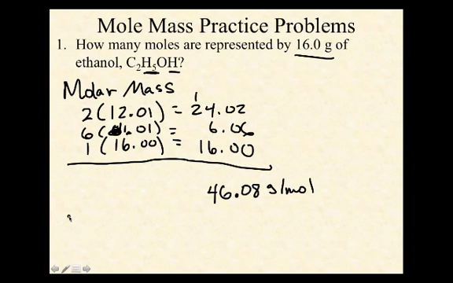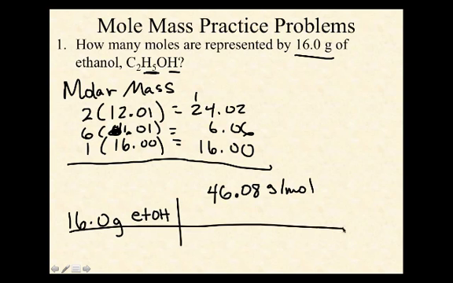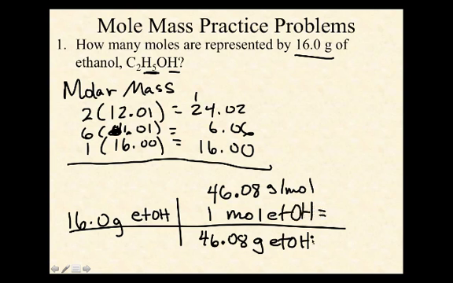So I have 16.0 grams of ethanol. I'm going to call that ETOH. Okay, I have 16 grams of ethanol, and I want to put grams on the bottom. So I know there's 46.08 grams of ethanol in every 1 mole of ethanol. So now I'm going to do the math. 16 divided by